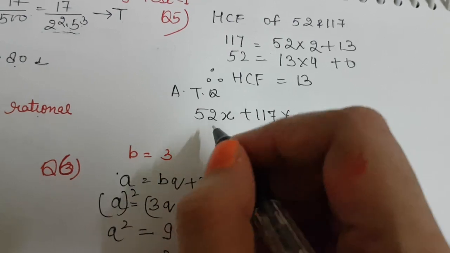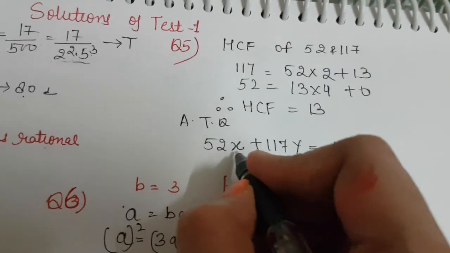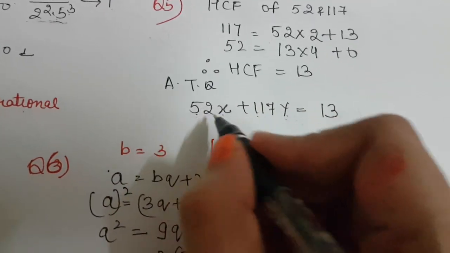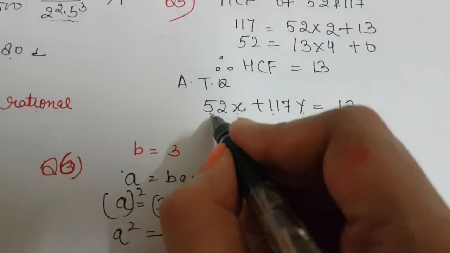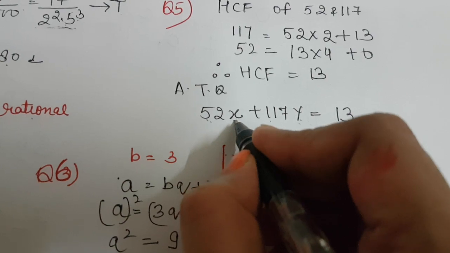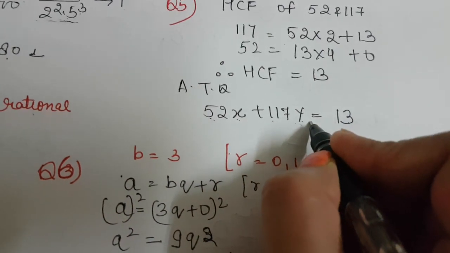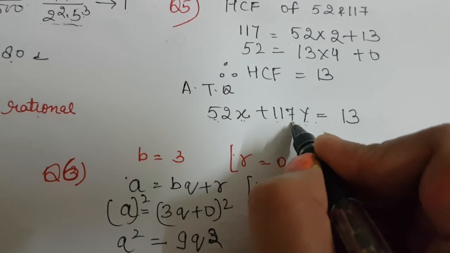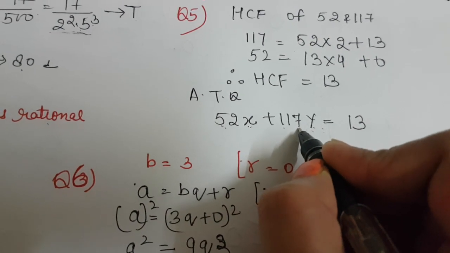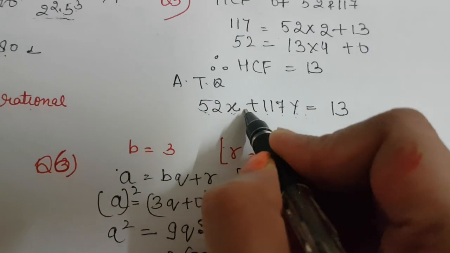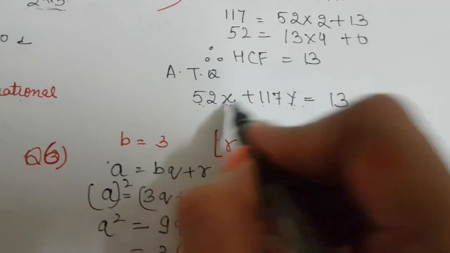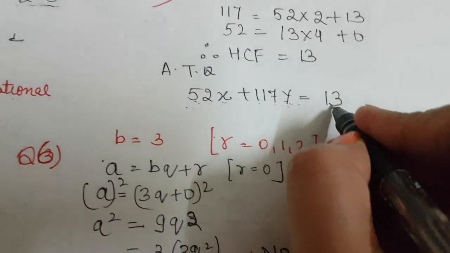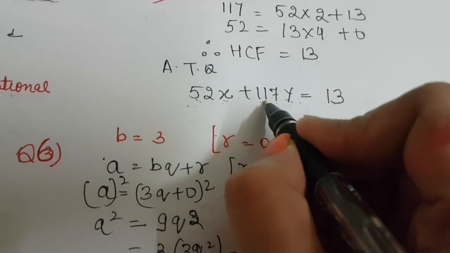So you take it yourself and think in your mind what should be the value of x and what should be the value of y, so that this calculation equals 13. If I multiply this by 1 and this by 1, 13 will not come. If I multiply this by 2 and this by 1 and the plus sign is here, again 13 will not come, which means one value should be negative. So I am taking one negative because we need the answer in positive, so the bigger value should be positive.